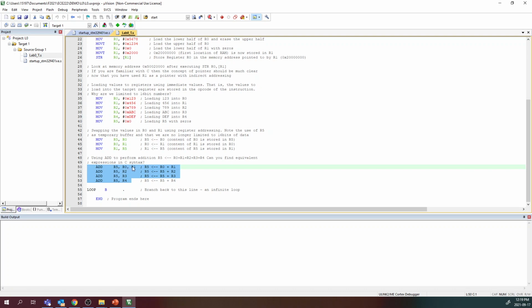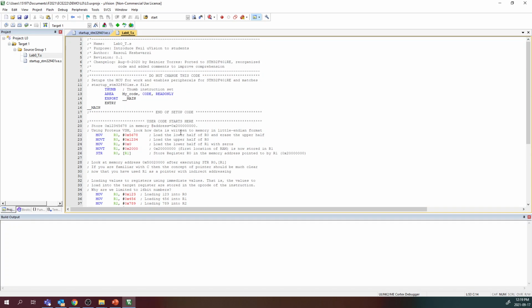In this case we have move with register to register, and then it adds some values and so on. So this is what we have here. It's not a very interesting program, but it will allow us to go over the basics on how to debug this on Proteus. Now what you have to do once you have the project created is select the target one,